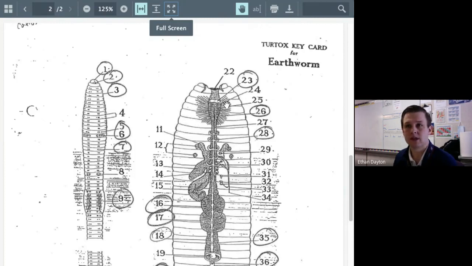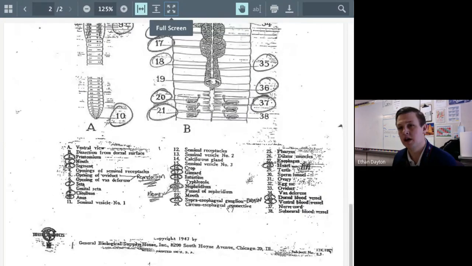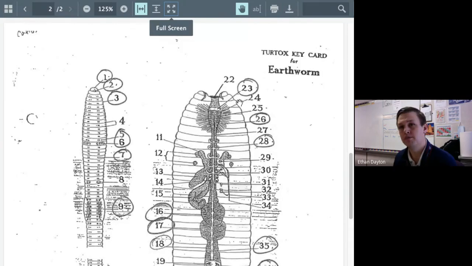It is basically the earthworm's brain, the supraesophageal ganglion. You can write brain. If you want to write supraesophageal ganglion tomorrow, that's awesome. I would give you some comic cash for remembering that. That's the earthworm's brain, and this is unique to us because some of the other animals that we have studied prior to this have not had a brain. So you may think of earthworms as very simple and primitive, but they have a brain, albeit a small primitive one.